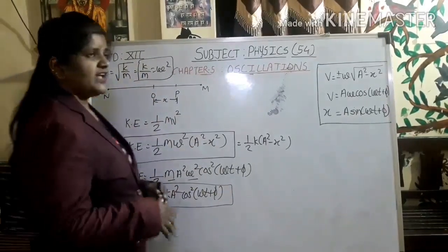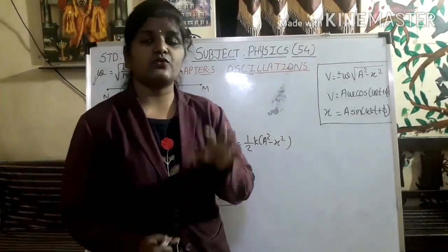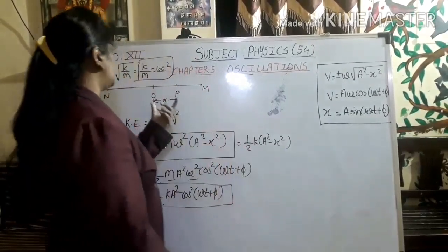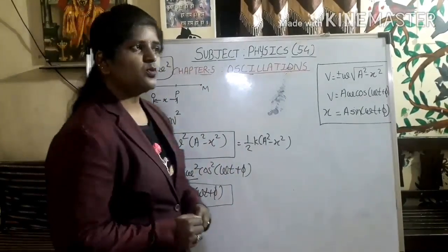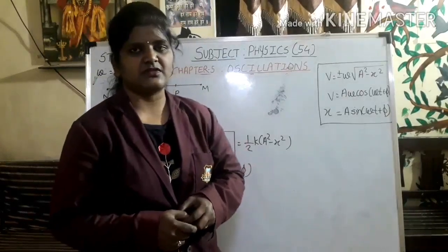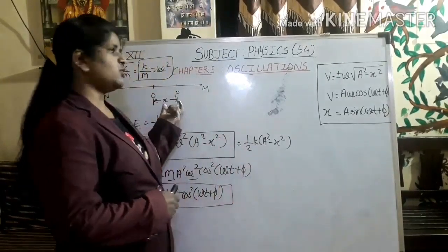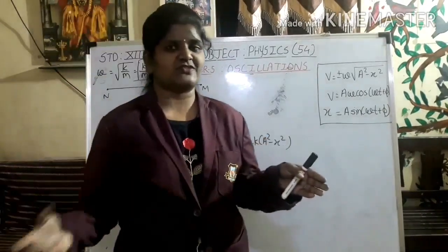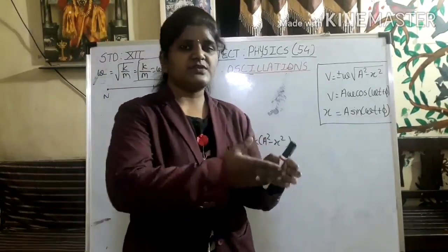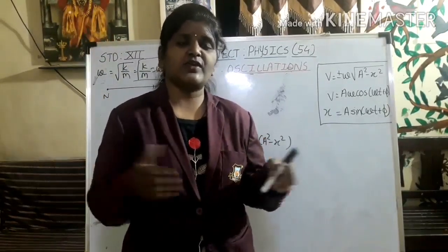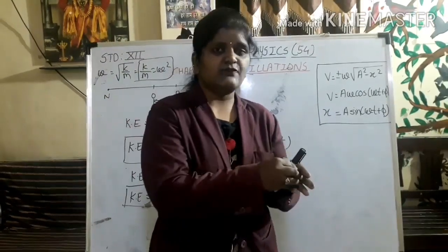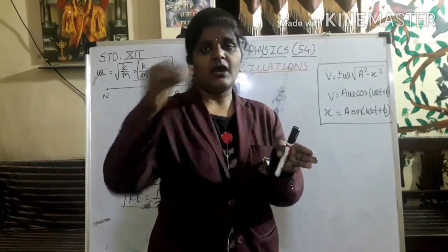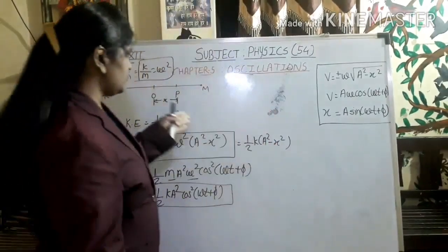Alright, now we have to find the value for potential energy, and to find potential energy, as I told you, we have to find the work done. Now when the particle is moving, what happens to work done? Work done is nothing but force into displacement, right? How much displacement happens in this diagram? X is the displacement. When it is moving from mean position to extreme, it has to reach from 0 to point x. So when we are taking limits, we have to take the limit from 0 to x. The particle is moving from the 0 position up to the x position, so I have to put that also.